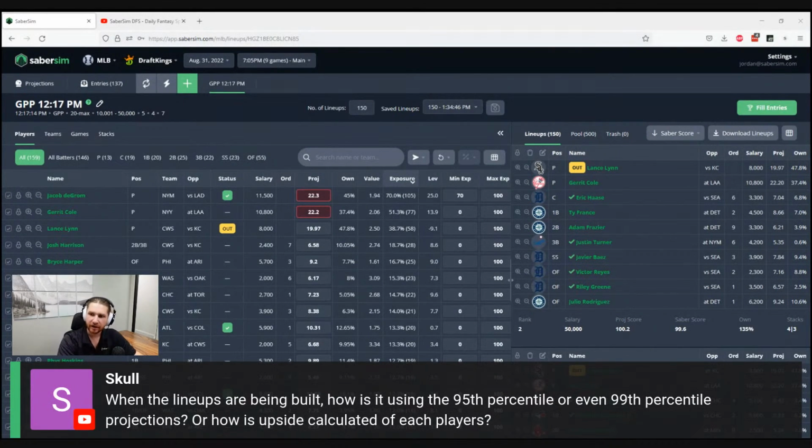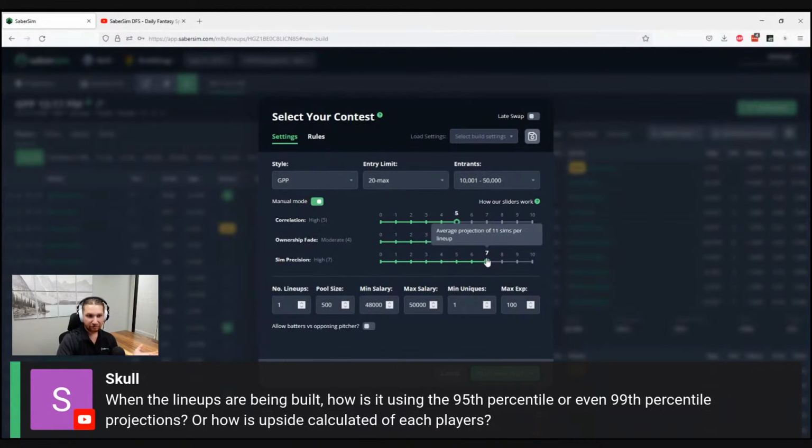Skull had asked earlier, when lineups are being built, how is it using the 95th percentile or even 99th percentile projections, or how is upside calculated for each player? Yeah, so it's using neither. It's not using a percentile. What it does is based on your sim precision slider. It is taking a bucket, a set of sims, and using what the player scored in that sim bucket as